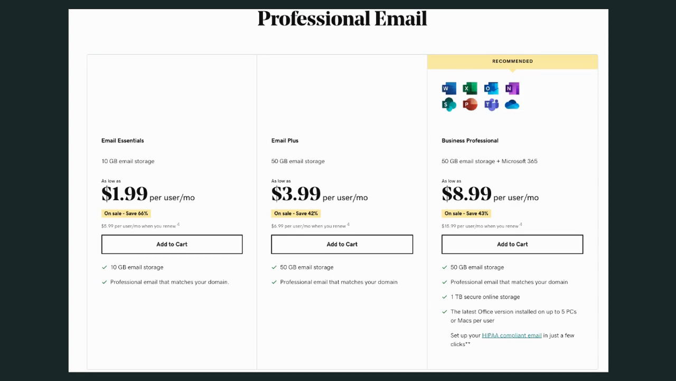This is taken from the GoDaddy site, and I clicked on professional email. What you have here is a $1.99 per user per month email address. So $1.99 per user per email address. That's just the introductory price. After 12 months, when you renew,